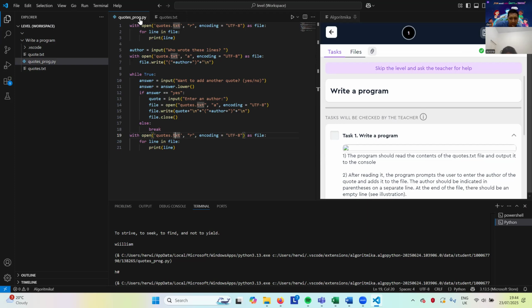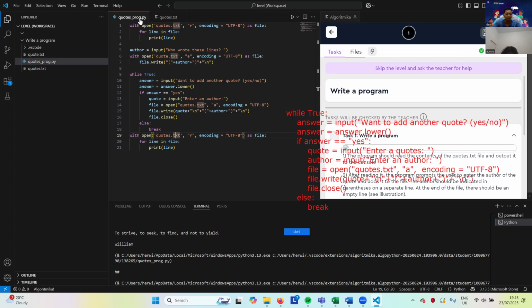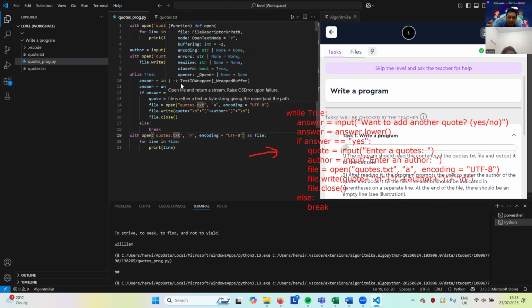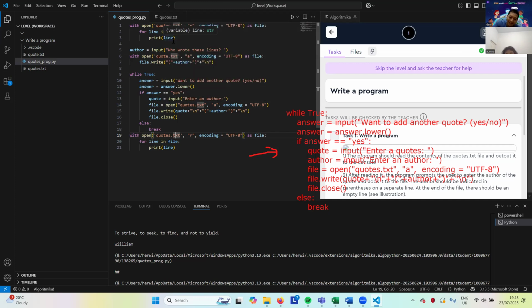If answer yes, input enter a quote. Yeah, forgot to put this line. Quote equals, where? Before author. There's no author. Please check these two lines.